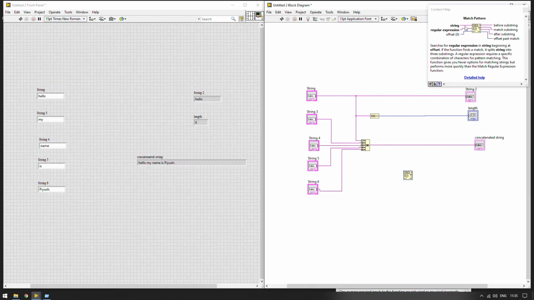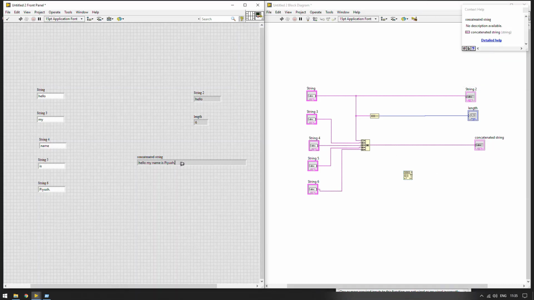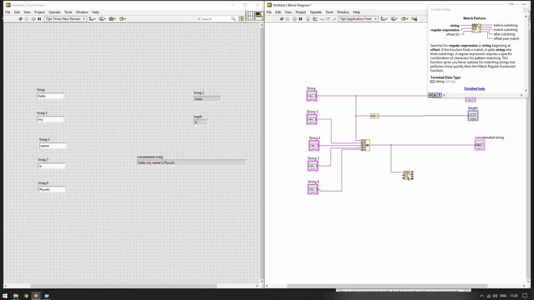This shows the string input, regular expression, then before substring, matching substring, and after substring. What we are going to do with this sentence is create a filter which is going to filter before is and after is. So let us get this input to the operation, and I want to search the regular expression as is.